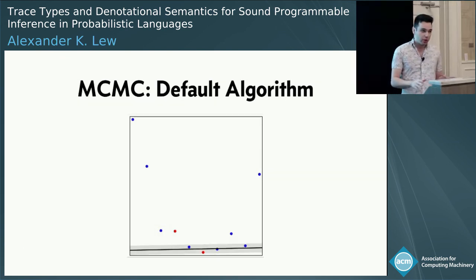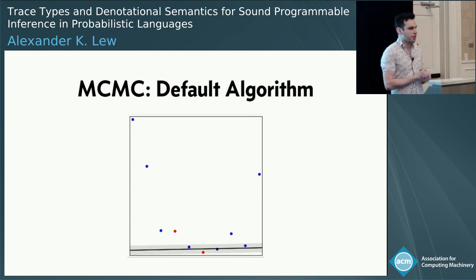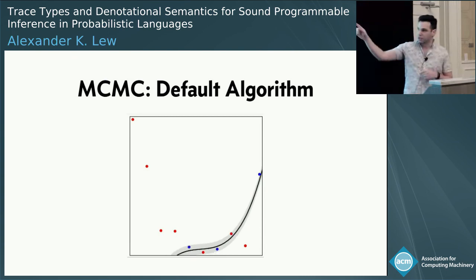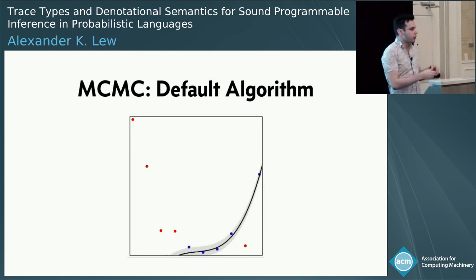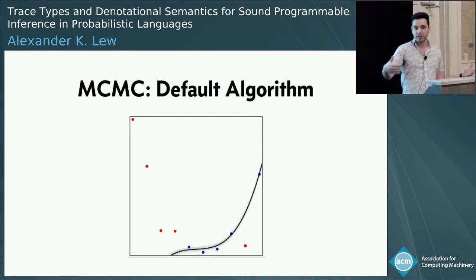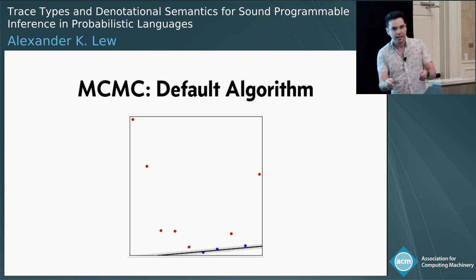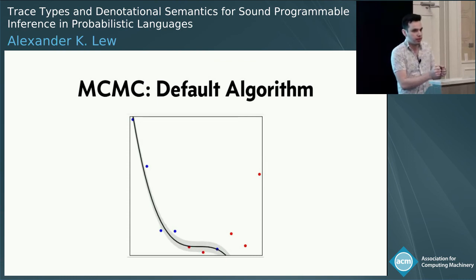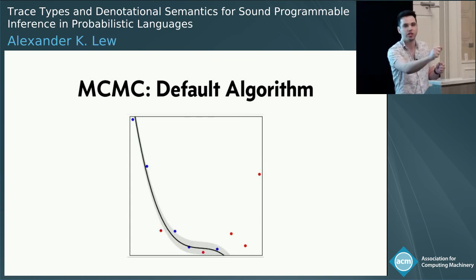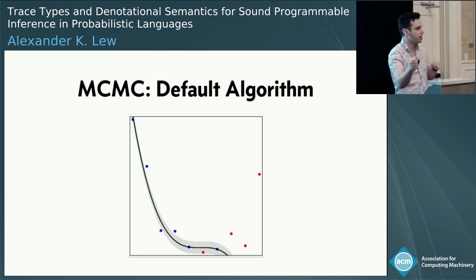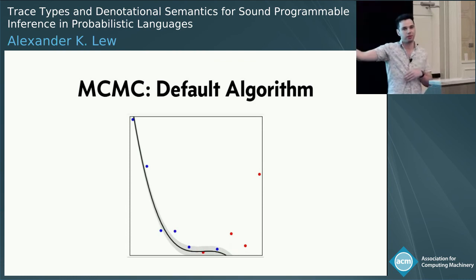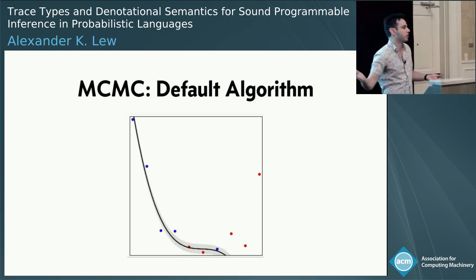Okay, I'm going to go a little bit quicker through the other inference algorithms just to give you a taste for them. MCMC is an iterative algorithm. So you can see it doing a random walk here. It's basically doing a random walk through the space of explanations using a transition kernel, which takes you from one step to the next step probabilistically. And this is the Metropolis-Hastings algorithm. So after each step, it's proposing a possible next step and then accepting or rejecting it. And the probability of accepting or rejecting a step is calibrated to ensure that the stationary distribution of this Markov chain, so if we run it for a long enough time, will converge to the posterior distribution.